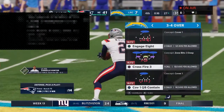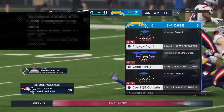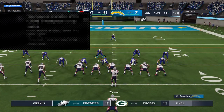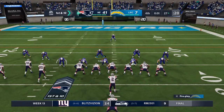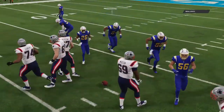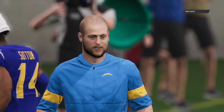Well, that's a carry they have to be satisfied with, and throughout this game, they've been satisfied with what he's given them. Whenever they've needed a big run, a 1st down, he's the guy they've turned to. And it doesn't matter what the defense thinks. They feel like they've got the confidence to keep handing it to him and keep picking up good yardage. Today's final score, Patriots. Charles, it's one thing to win. It's another thing to win and put up the